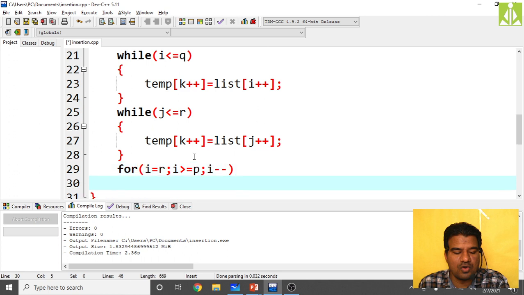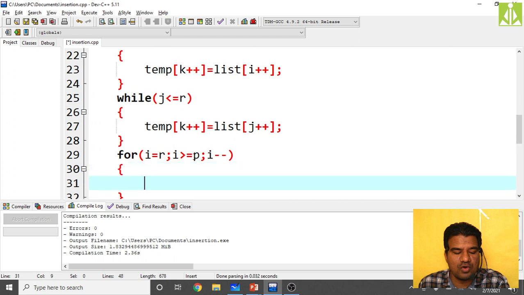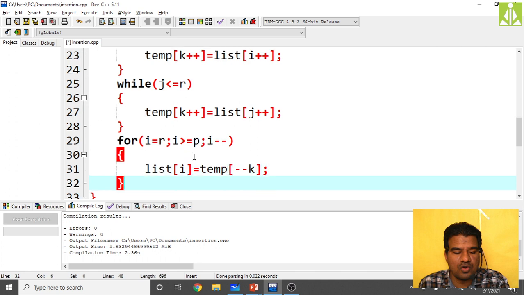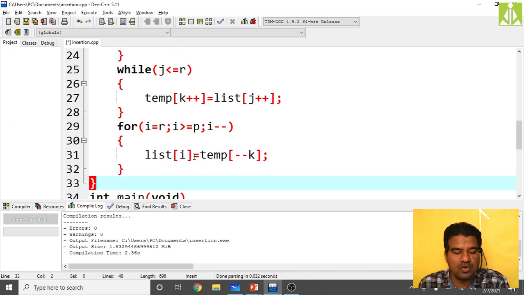Then list of i equals temp of minus minus k, temp of minus minus k. Okay, close this, close this.